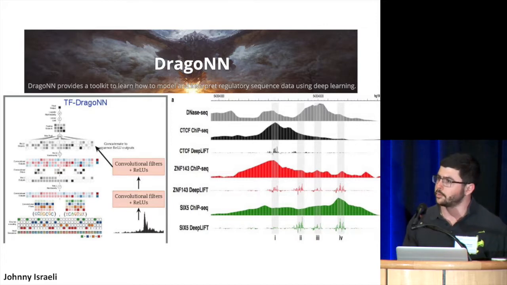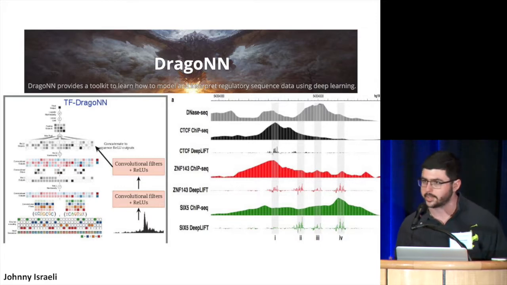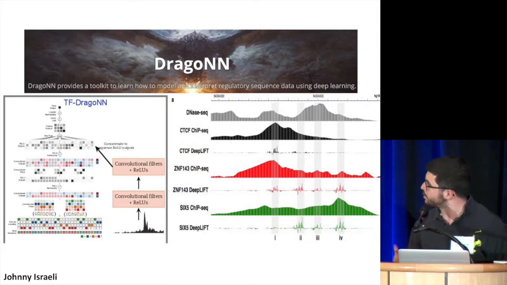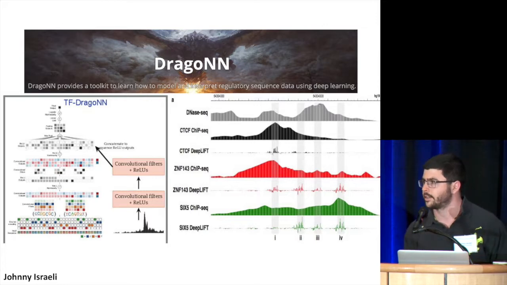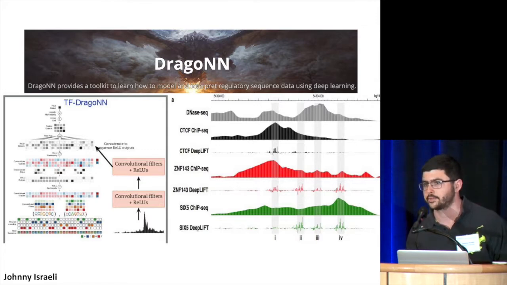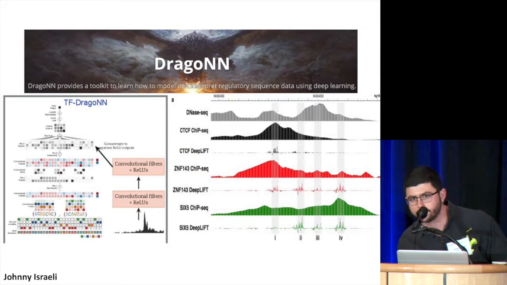In pursuit of that goal, we developed Dragonn and the How to Train Your Dragonn workshop to learn and teach about this topic and how to do this kind of work. And we also developed production-level versions of these models. One of them is here, TF Dragonn, and I'll discuss in my poster how these models compare with the other models that have been commercialized, how we can make sense out of them, and how they could be used to interpret the connection between mutations and complex disease. My poster is right outside this door. Looking forward to chatting with you.